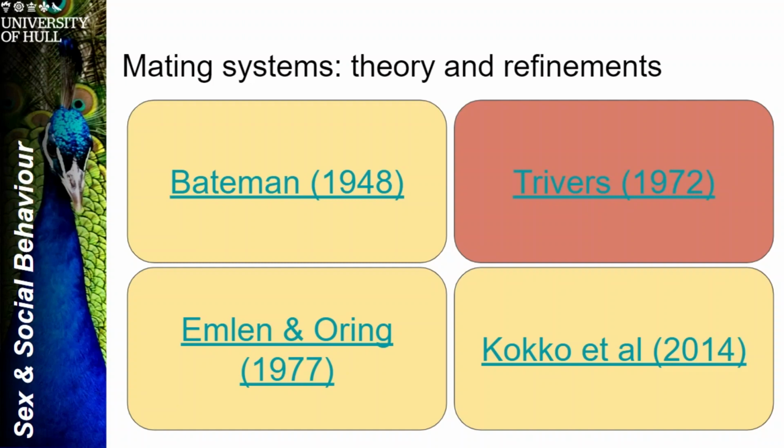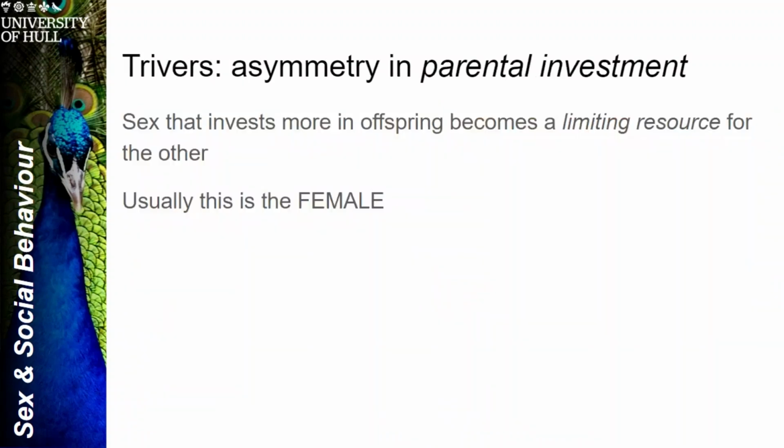Now we're going to move on to Bob Trivers, who formulated on the basis of Bateman. Bob Trivers took it a bit further and in 1972 produced a paper called Parental Investment and Sexual Selection. Trivers' point